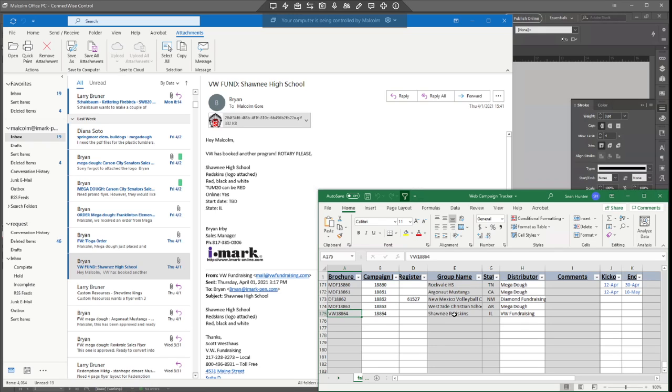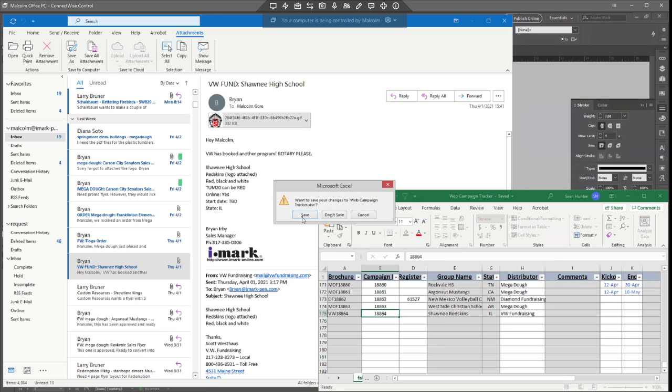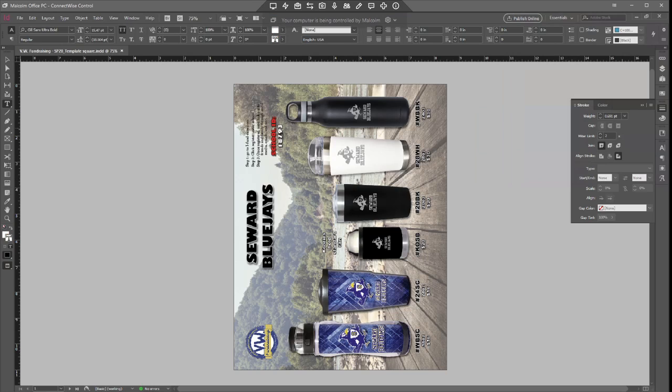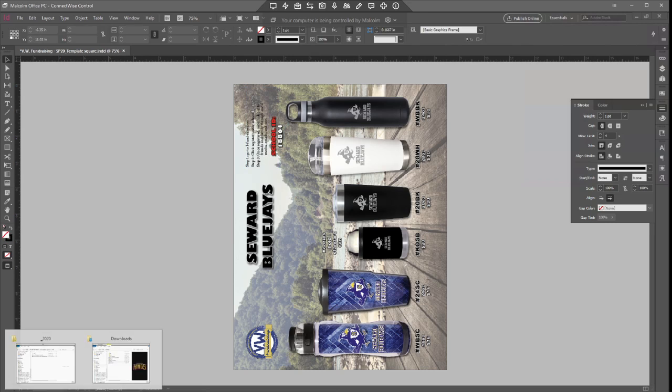So I wrote that. I put the team name and school name, the state we have, and the distributor name we have. So the only thing we're missing is the date, which can come later on. So save it, and you copy the number for their online, and then you can close this. And we'll go ahead and paste the number into the brochure,